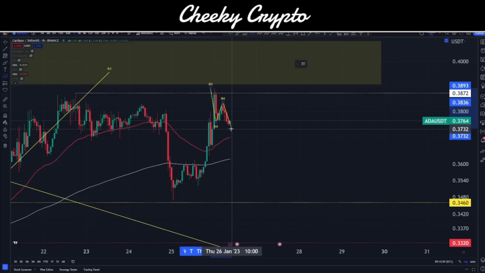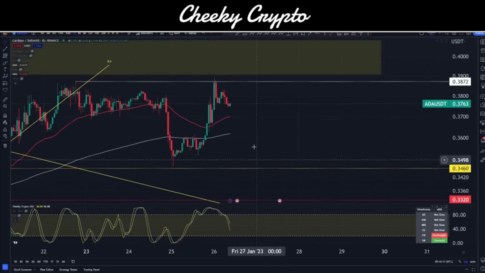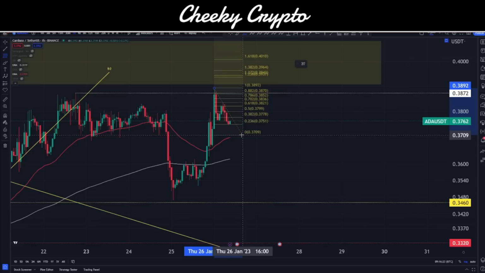Basically, this is a short corrective structure. We could come down just a little bit more if we needed to, but it's also possible that we've met the minimum requirements on that already. So we don't have to come down further. Just be a little bit aware that there is still momentum shifting to the downside, so a little bit lower, more towards our 50 EMA, just above the 37-cent level might be where we actually end up on this corrective structure. I'm going to take that as where we end up coming down here, so I'm going to go ahead and put this down at about